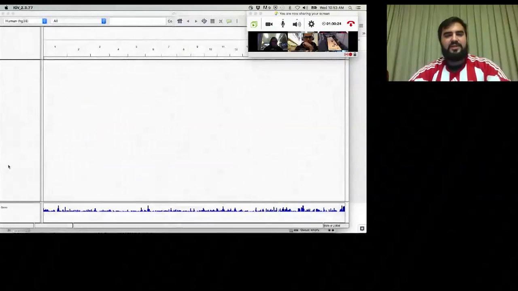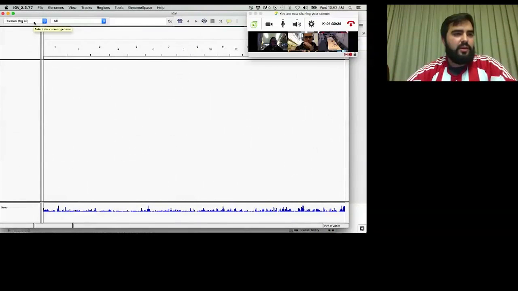So when you open up IGV, you can select the genome that we're going to be using. For us, it's going to be the human HG38. If this is not one of your options, you can find it by clicking on the More button. But for me, I already have it loaded, so it will just be there. And I'm going to want to load those files that I had just brought down onto my computer. So if I go File, Load from File,